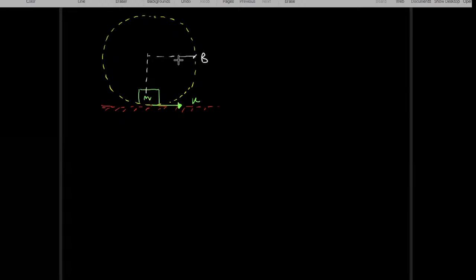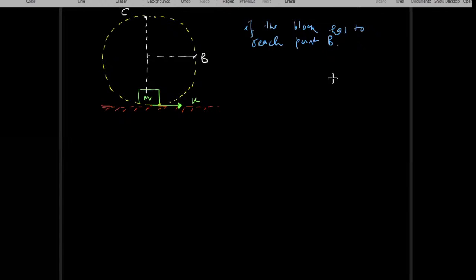This is point B, and here we are taking a point that is point C, right? If the block has to reach point B,